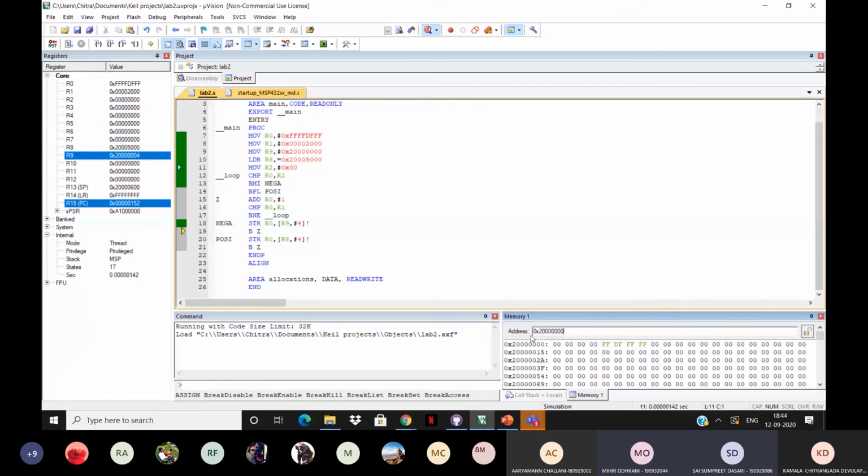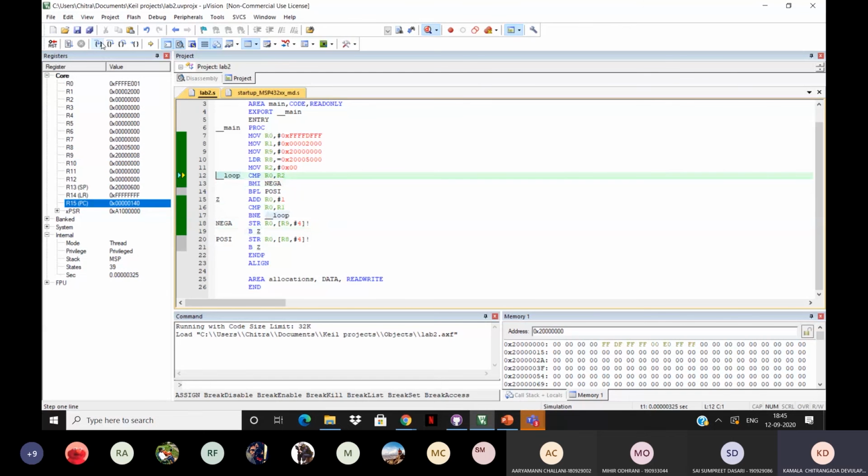Can you repeat it once? Yeah, okay. So I've compared a negative number with 0, and if the comparison gives me a negative number, then run the negative loop, which is basically pushing my R0 into the memory location. Yeah, got it. Okay. And I'll run this again. It now compares R0 and R1 and loops out.